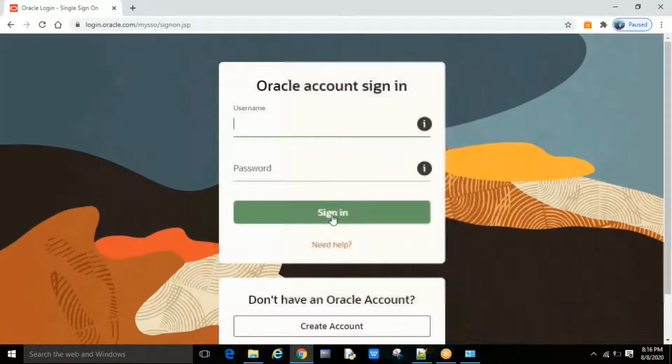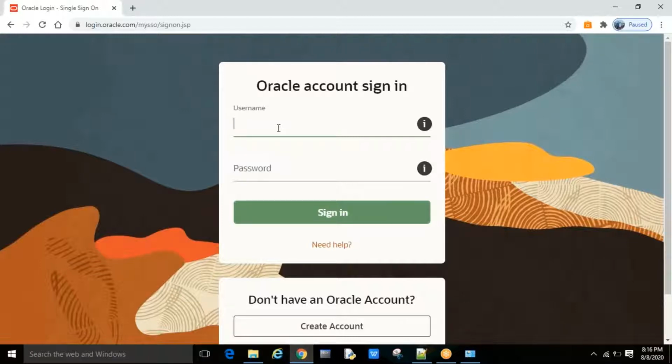It navigates to the Oracle login site. Here on the login page, if you have an Oracle account username and password, then enter them. Guys, don't enter your Gmail username and password or Facebook username and password.